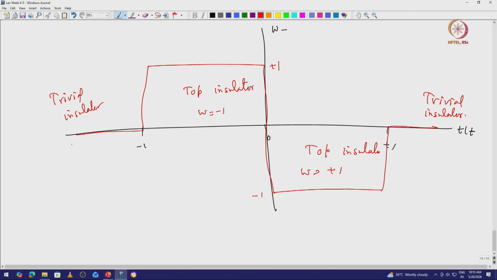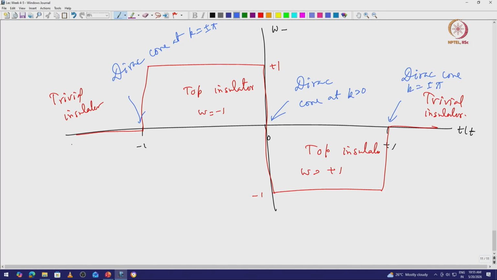Okay. And what is happening in this region is you are getting a band crossing with a degeneracy, a Dirac cone at k equal to ±pi, a Dirac cone at k equal to 0, a Dirac cone again at k equal to ±pi. So, every topological phase transition going from here to here, they are topologically distinct, and how we have made